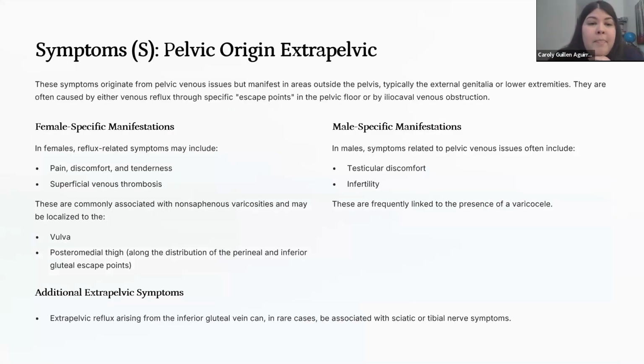And then the pelvic origin extrapelvic symptoms are, in the female: pain, discomfort, tenderness, superficial venous thrombosis. They also associated the superficial venous thrombosis, commonly associated with nonsaphenous varicosities, and may be located in the vulva, posterior medial thigh, and in the male, testicular discomfort and infertility. Additional extrapelvic symptoms could be also sciatic pain,